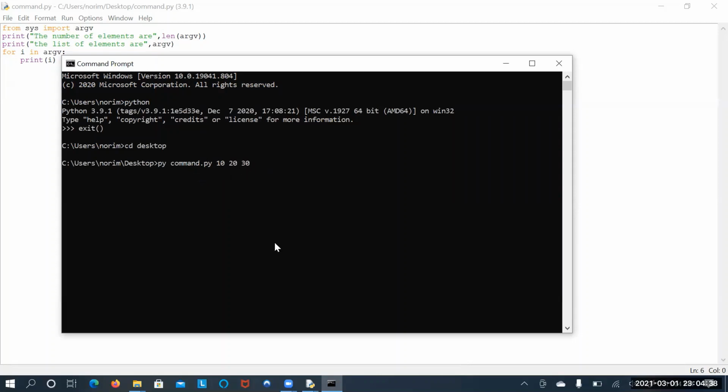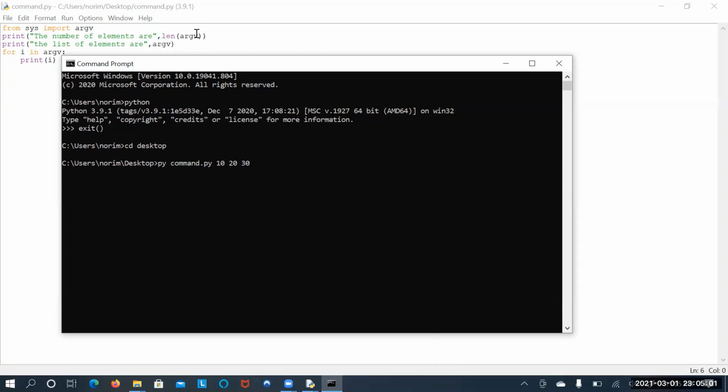These are my arguments. As argv is a list data type, how many arguments have I passed? 10, 20, 30. These are my command line arguments.